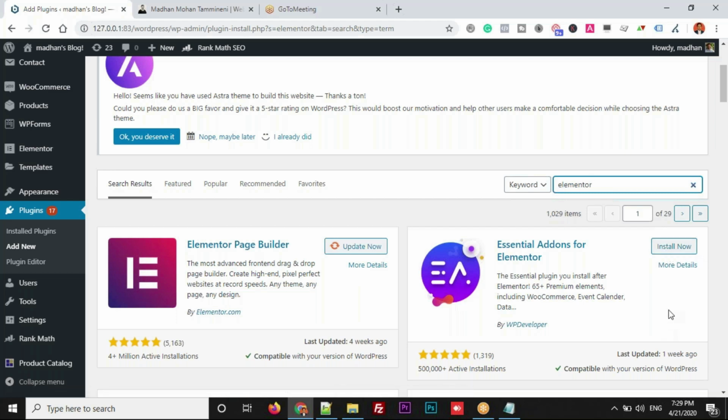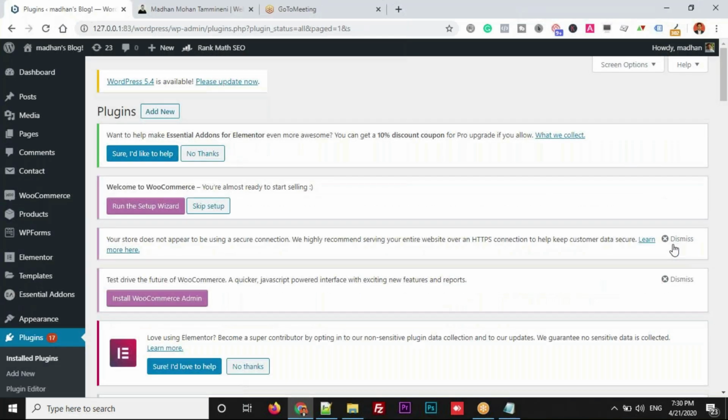Once it gets installed, in place of the install now button, you will see an activate button. Let me show you. Like this, it will get installed. The process you can also see. Once it gets installed, in place of this, you will see activate. So these two steps you need to follow if you want to use a plugin. If you click on activate, then it means this plugin has been added onto your website. Now you can make use of that plugin.